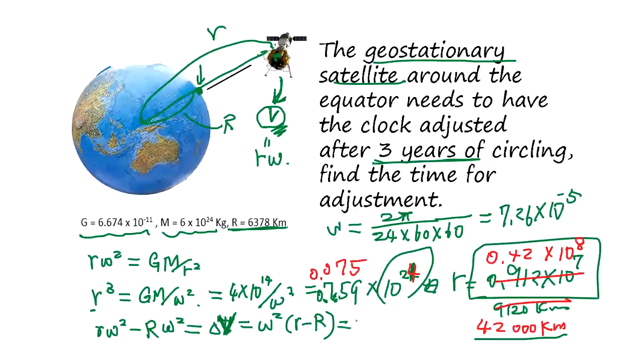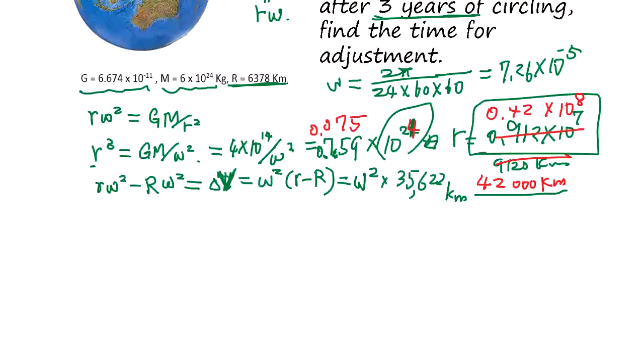So the distance will be this minus this, 42,000 kilometer. 42,000 minus 6,378. Okay. Now, the speed difference is actually, we multiply this together, and also v is not the square here. Okay,